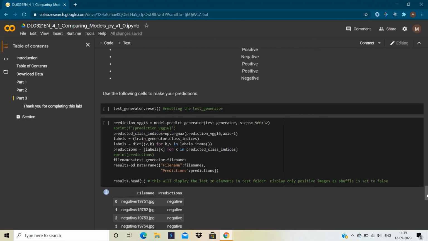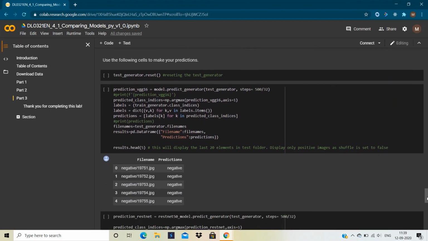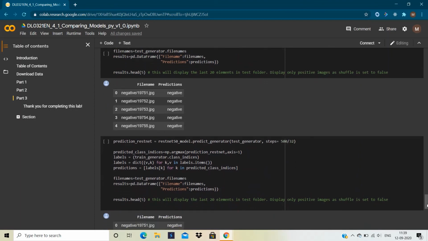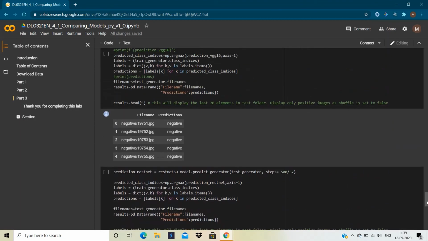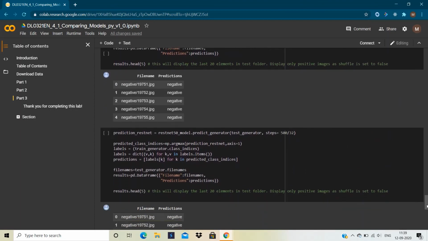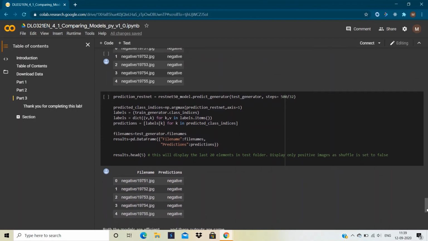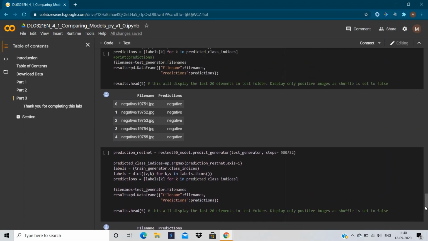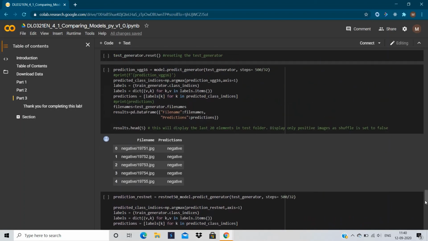On the basis of all these things you can evaluate which form of ResNet or VGG, and other pre-trained models, you want to use. You can experiment with each of them, but when it comes to development and deployment for any kind of project, then on the basis of your requirement you can choose any one of them.